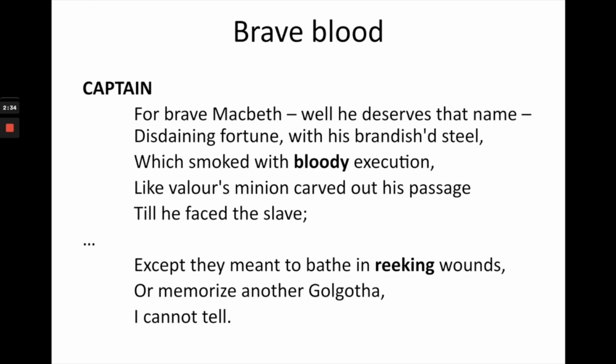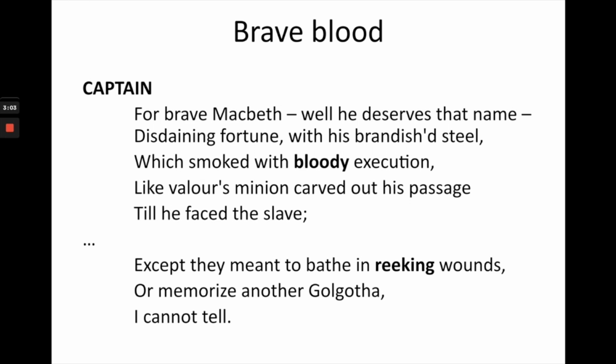We need to ask ourselves why Shakespeare creates this impression of Macbeth at the beginning of the play. Certainly, it is a positive image, but is it also a little foreboding? He's capable of these atrocious acts. Yes, they are committed in war, he's on solid ground morally speaking, but does he enjoy it a bit too much? Is he too at ease with extreme violence? Well, very quickly Shakespeare uses the motif of blood for a different purpose.